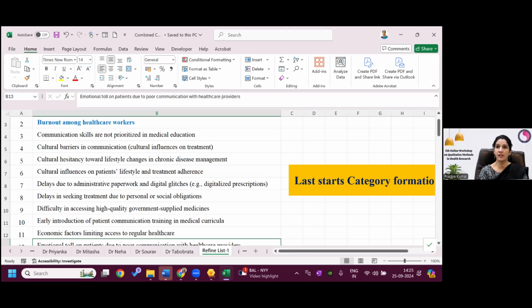Okay. Any other questions? Dr. Abhijit is asking about the iteration process. Yes, you have to mention the iteration, that you have repeated and refined the codes. In the results, you can say that initially you made a total of 350 or 400 codes, you refined the codes in maybe 2 or 3 iterations, and then you reduced the number of codes from 350 to 70. Yes, that's the way, because that's the process. You should definitely write these things.